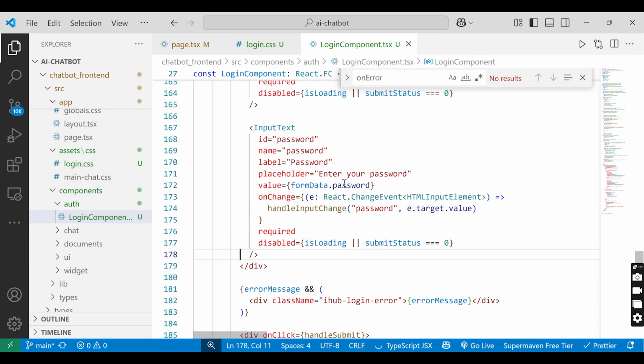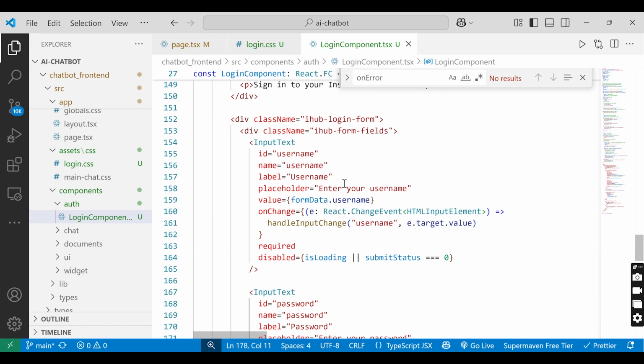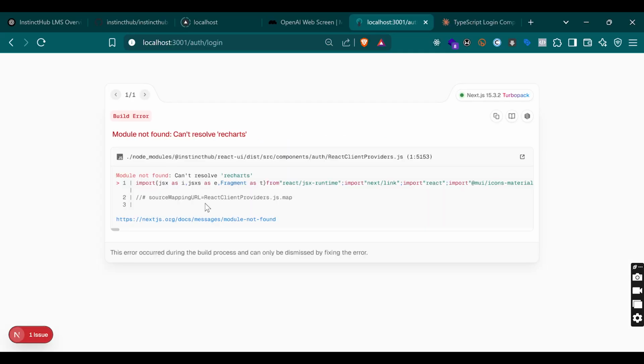Okay, so what I need to check now again is if our recharge is done installing. Was it added? Updated? Okay, let's refresh and see if the error is gone. Okay, the recharge error is still there. So what we can do at this juncture is, let's even see a